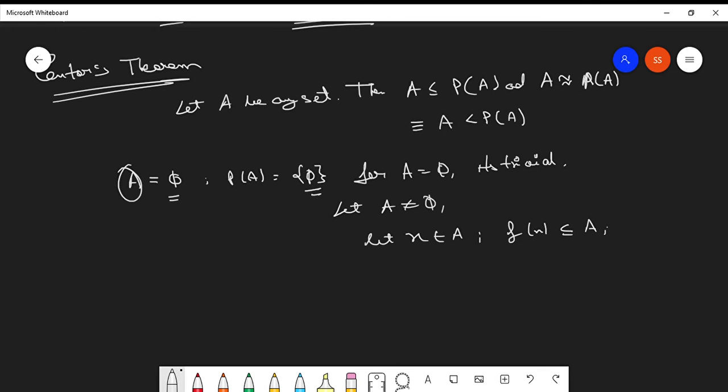So if we consider a function f from A to its power set. Power sets are basically what contain the subsets of capital A. And what is f of x? F of x is basically the image of x, which belongs to the power set. Elements of the power set are subsets of the set. So f(x) is basically a subset of capital A. Is this portion clear?